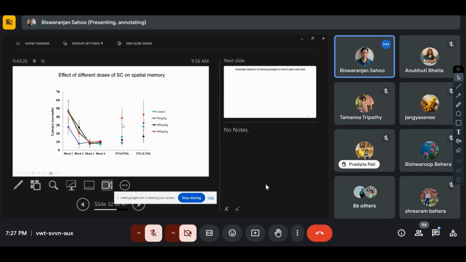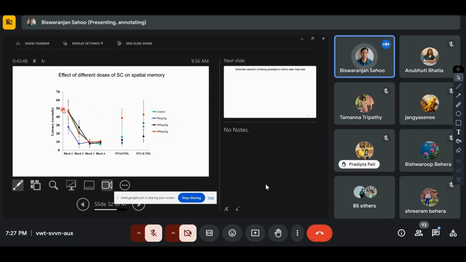So now we thought of using sodium chlorate, the inhibitor of sulfation. If we inject it IP, intraperitoneally, is there impairment in the memory or not? That we checked. There are different doses we tried, and we found that 200 mg per kg body weight of rat had the maximum